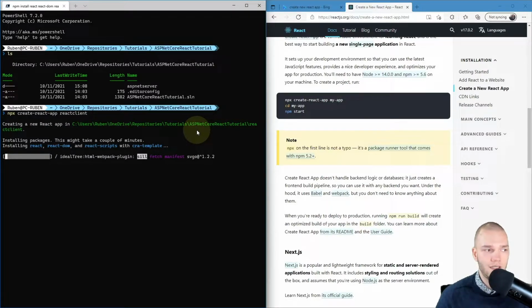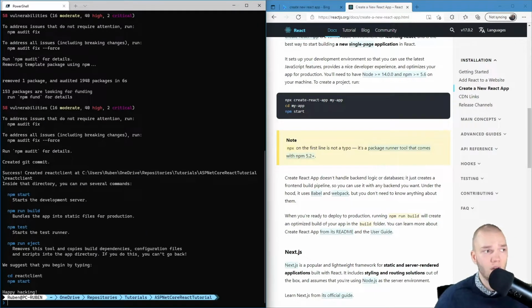So npx is a Node.js command line tool which became available with npm version 5.2.0, and it enables npm to execute command line Node.js tools without having them to be installed globally. Previously we had to install the React command line tools first, but with npx that's not necessary anymore. Okay, so I'll just speed up the video until it's done.